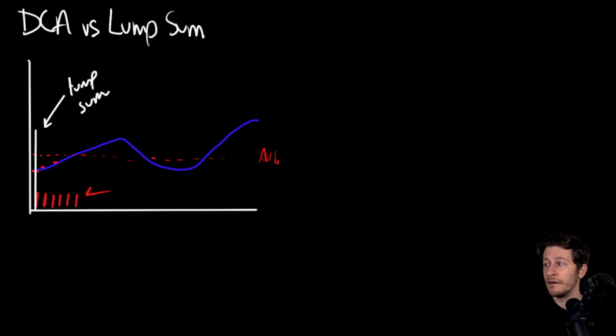In my personal decisions, I have received lump sums for different projects and different things where I could have made the decision to dollar cost average. I have never done it. I always do lump sum. I want to get my money in the market as quickly as possible. And that is generally my approach. You should always talk to your financial professional before making such decisions.